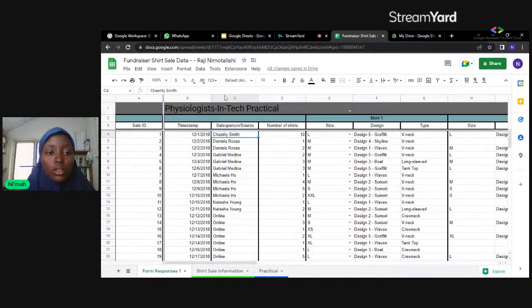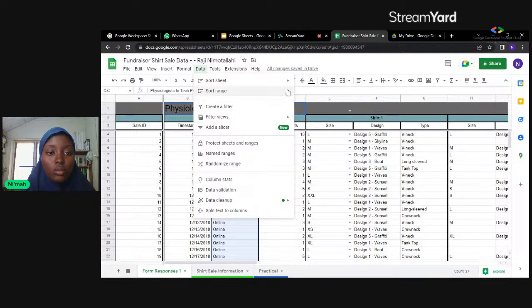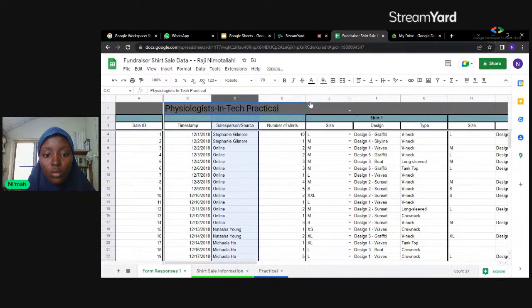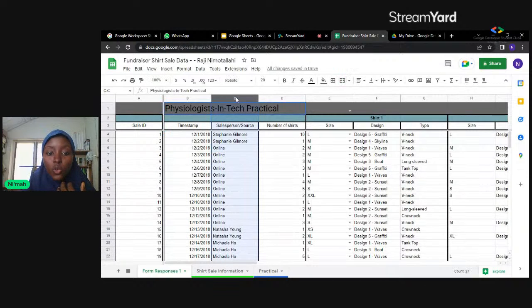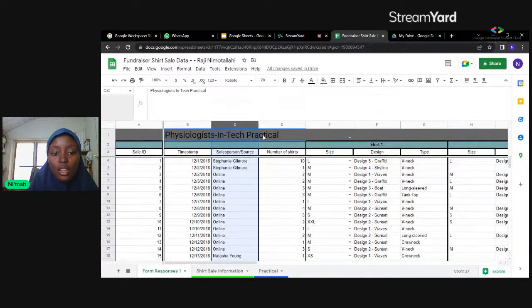So let me show you data. Yeah. So this is exactly what I'm saying. For this sort, it is only sorting the salesperson. It is not sorting their other information with them. So now, what we have for Stephanie is